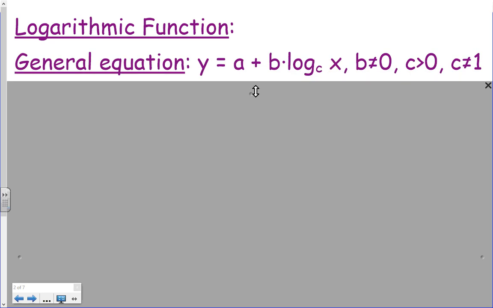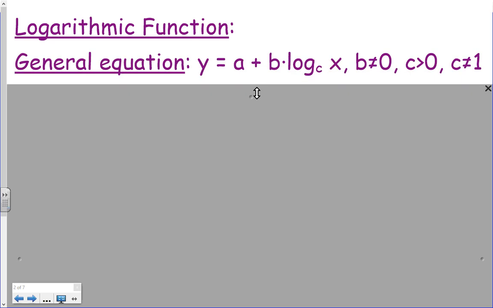All right, so the logarithmic function, the general equation of that looks like this. We have y is equal to a plus b times the log base c of x. And I know when you look at that equation, it looks like there's three unknowns in there because there's an a, a b, and a c. But it turns out really there's only two unknowns in there because the base, the c in this expression here, is going to be either given to you in the problem or you're just going to be able to pick whatever base you want. So you won't have to find the value of c